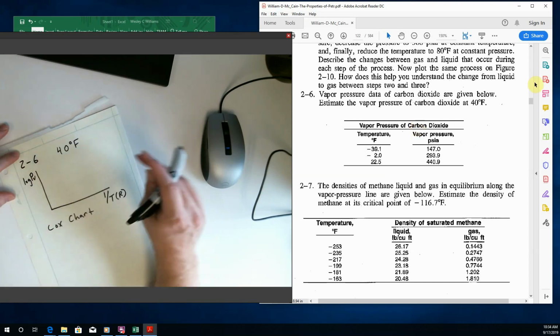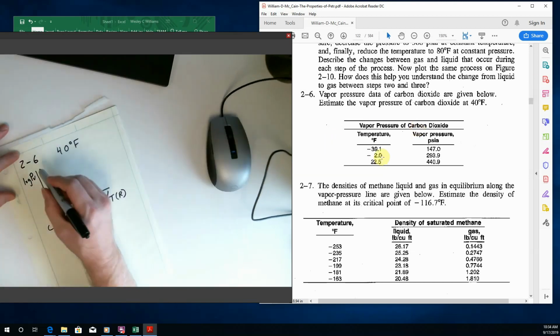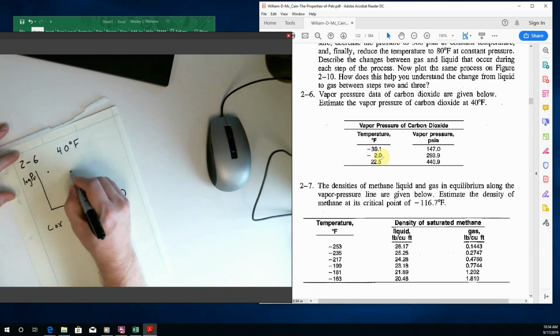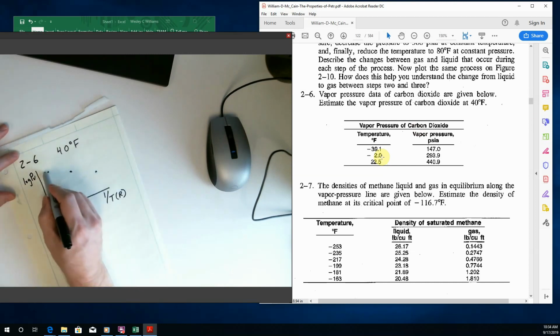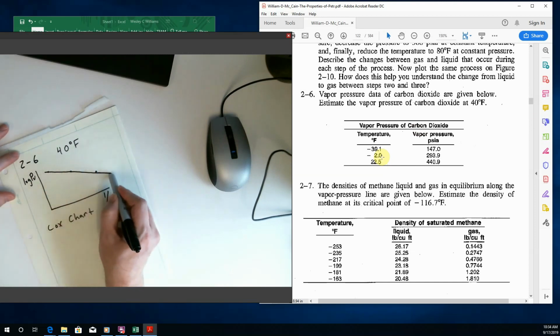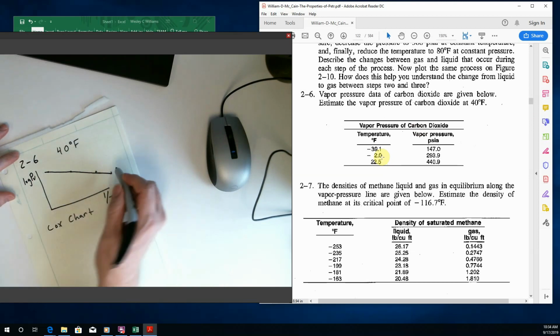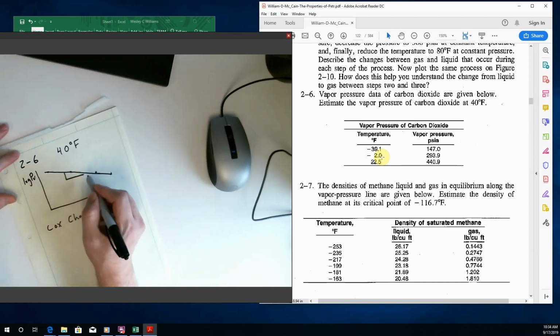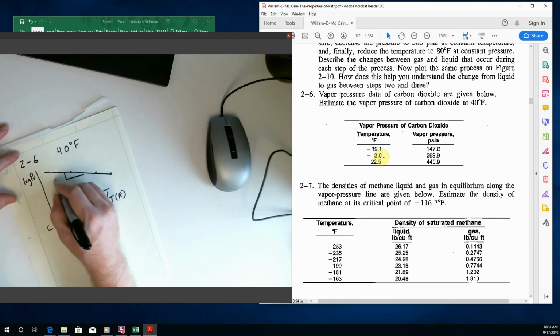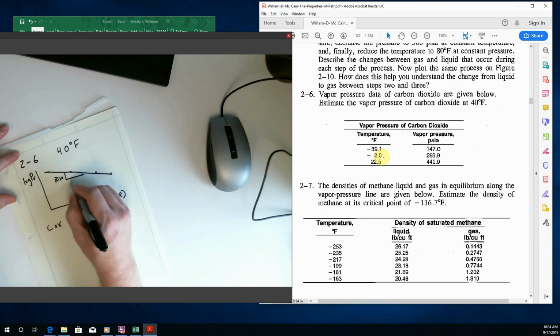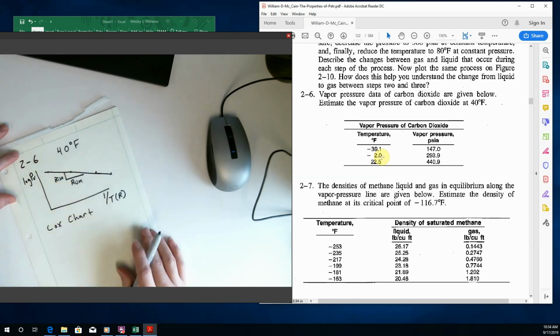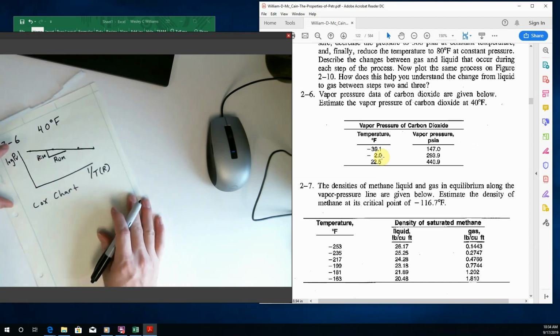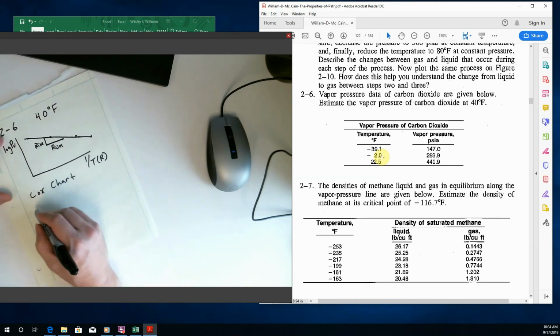So if we take these points that we got here and plot them, it should look like some kind of line. And we want to do a curve fit on that line, and then we'll be able to predict anything we want using the old rise over run. Here's your rise. Here's your run. Just using some basic algebra. So what we're ultimately looking for is